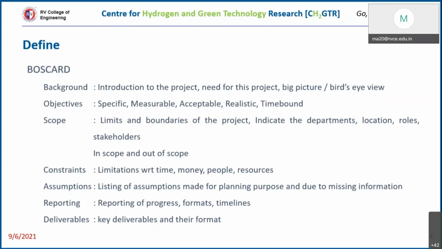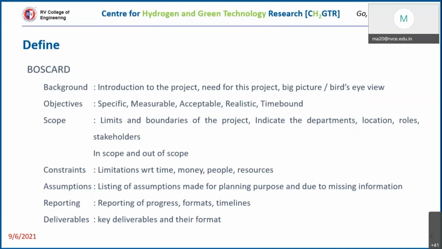Here you need to clearly specify the limits. So what are the limits here? When you say self-sustained fuel cell, there are many types of fuel cells. It could be an alkaline fuel cell, or an acid fuel cell, or a polymer membrane based fuel cell, or a solid oxide fuel cell. Like that, there are many variants. High temperature, low temperature fuel cells, depending upon the application. You need to clearly specify which fuel cell you are going to work on.